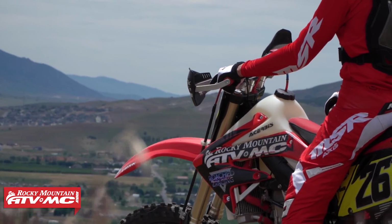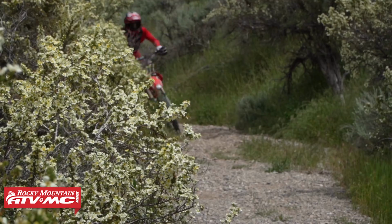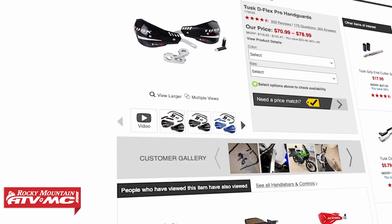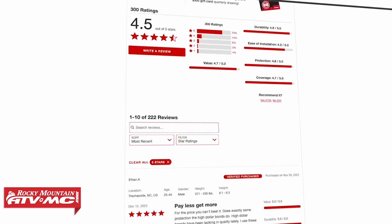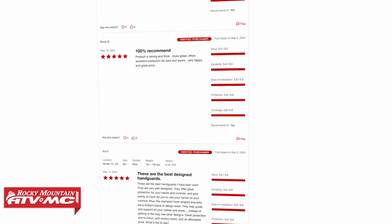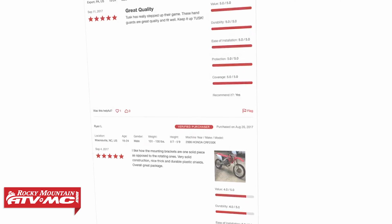They're built really well from a tempered aluminum. The handlebar clamps or handlebar mounts, very high quality. Don't take my word for it. Go read rider reviews. In fact, I think we have hundreds of rider reviews on these, so go see what people are saying. But what's cool and new about the D-Flex Pro is the addition of two things that we're